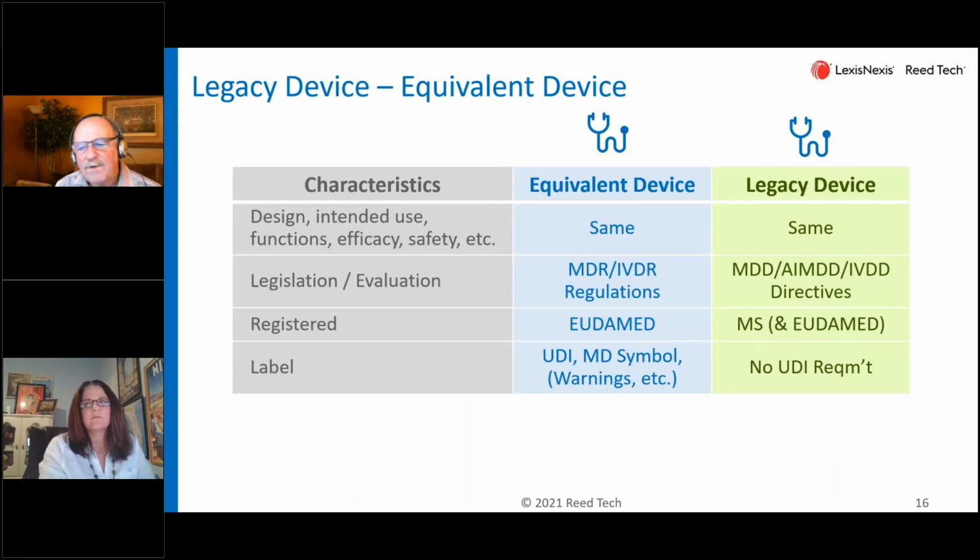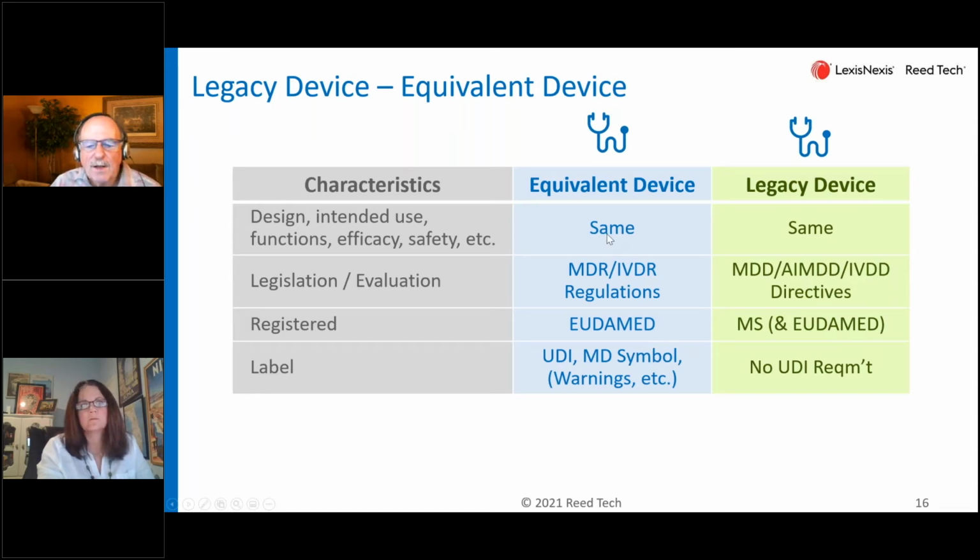So we have a product, and if you were to look at the physical product, it might, for all intents and purposes, be the very same identical product. So the design is the same, the intended use, the function, efficacy, safety, everything is the same about this very same product. So you have a legacy product that you've been marketing for years, and now you have something called an equivalent product,